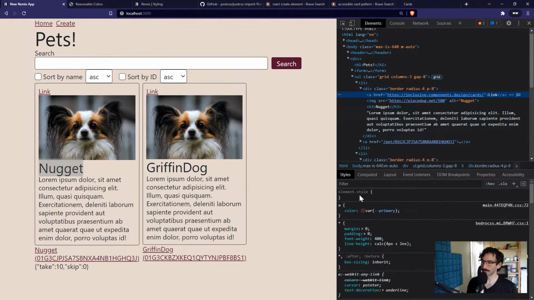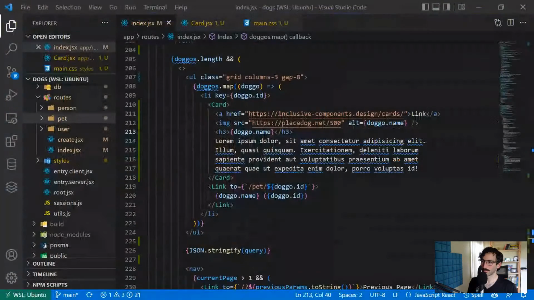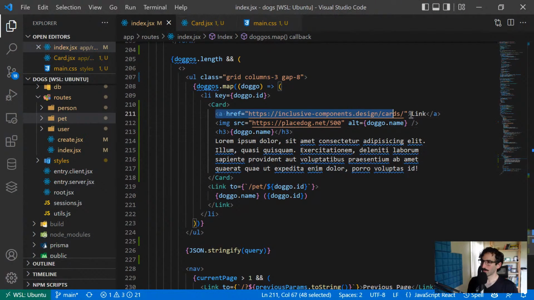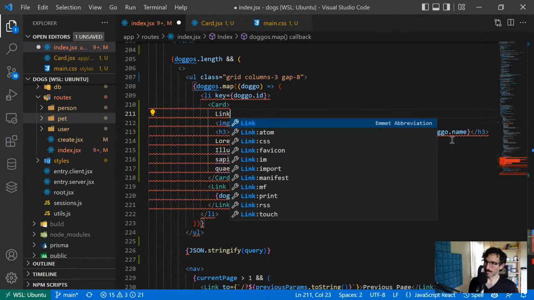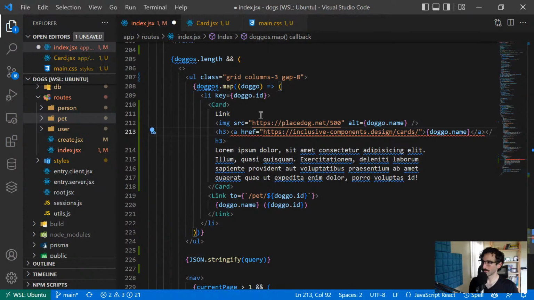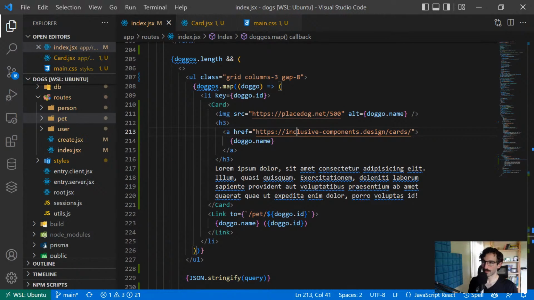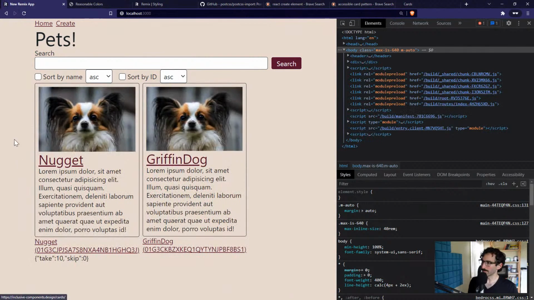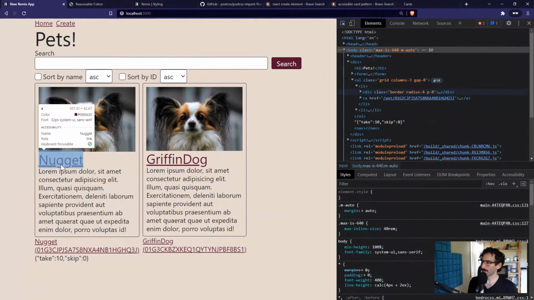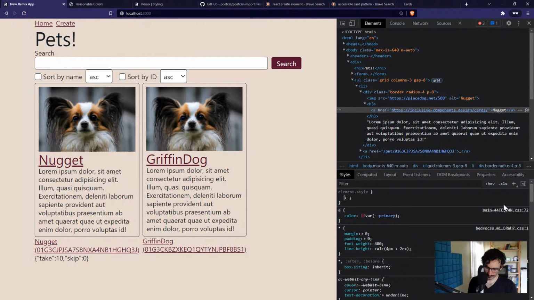Well, we can take this link and we can put it inside of the title, right? And then we can say, cool, now Nugget's just the link, but I want the whole card to be clickable. Well, I think what we can do is say that this is going to be,